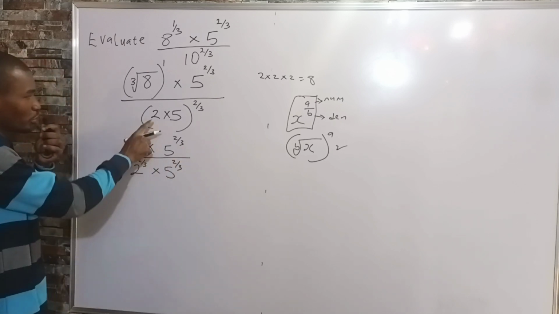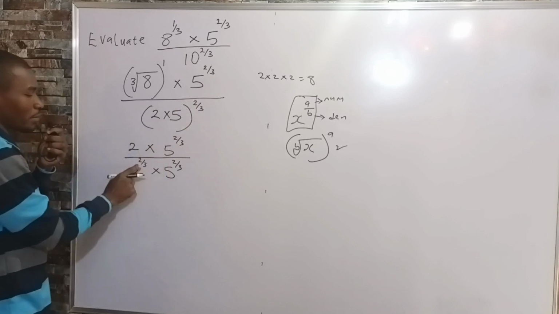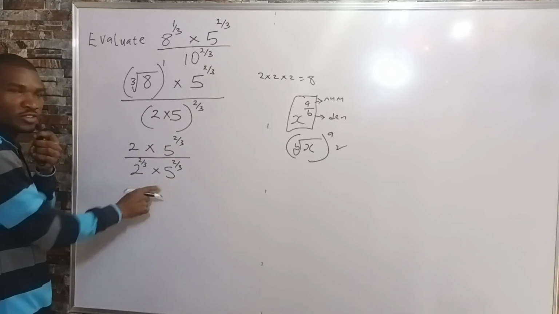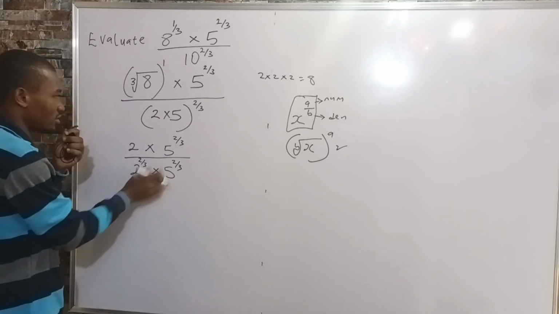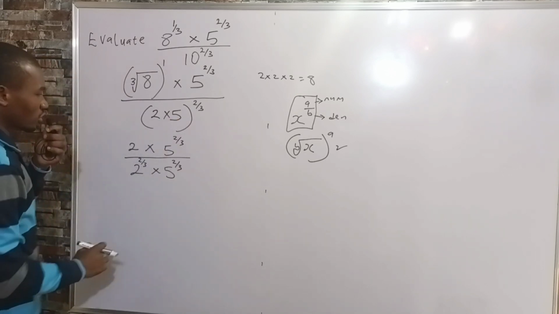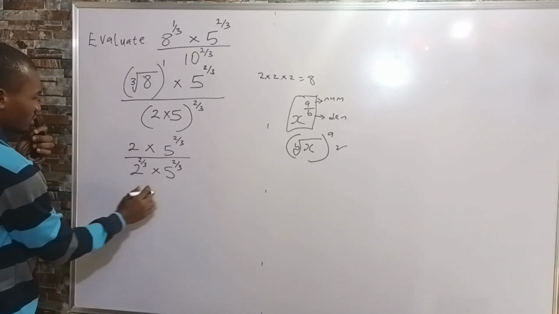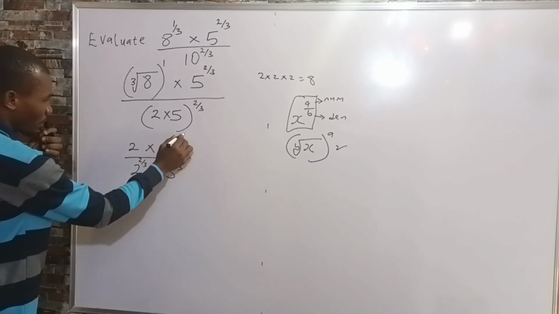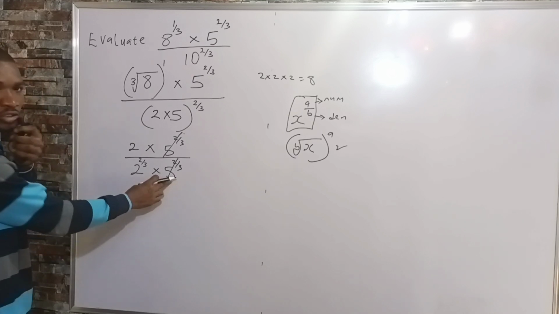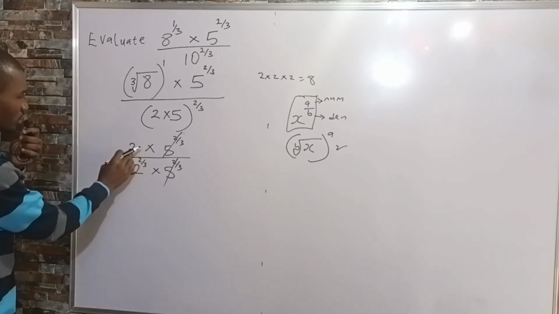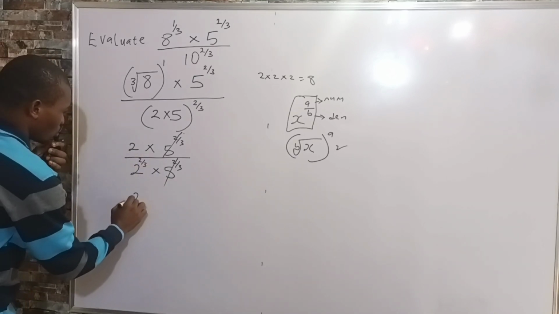That implies that both 2 and 5 are sharing the same power, 2 over 3. That's what I did here. Visit my yesterday's video, you're going to understand what exactly I did here. Okay? So let's continue. Here you can see that 5 raised to the power of 2 over 3 can cancel out 5 raised to the power of 2 over 3 in the denominator, after which we are left with 2